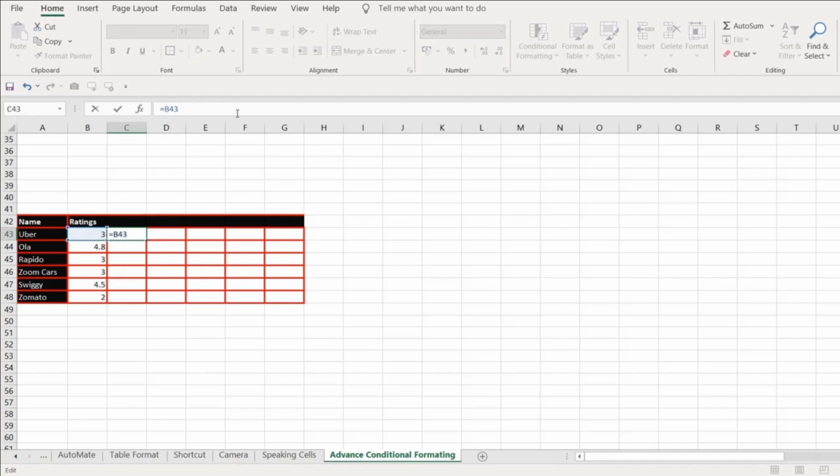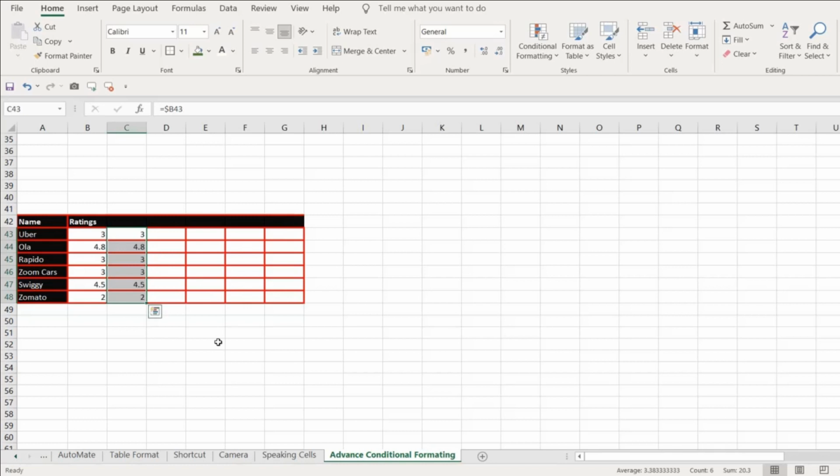Let me select this cell and press Ctrl D to drag the formula down. I'll give you one more trick over here. If you want to copy the formula to the right side of the cell, select the range and hit Ctrl R. You can see the formula is copied to the right side. And the same with all the cells, Ctrl R, the formula is getting copied over here.